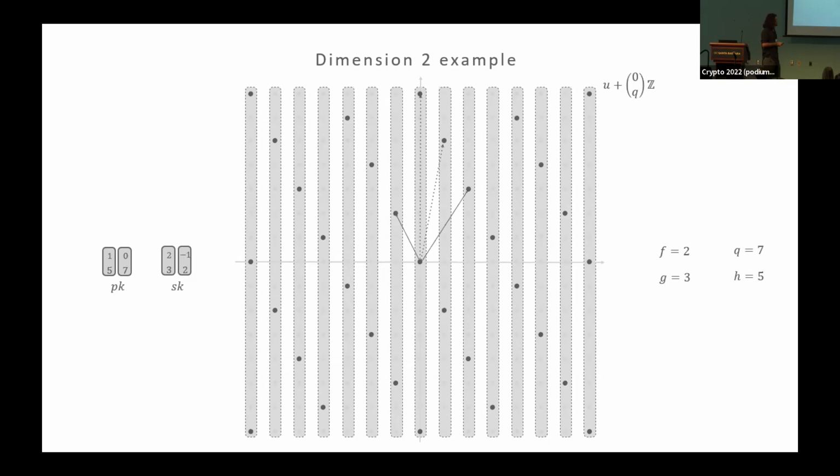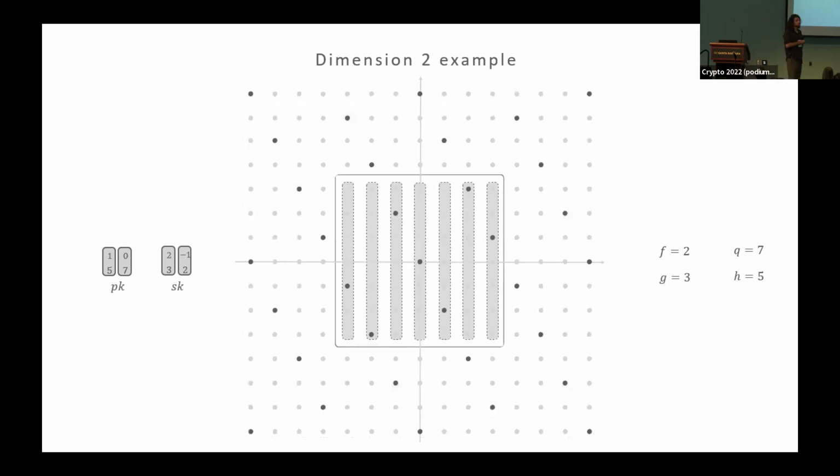Okay. Why are we doing that? It's because if I restrict these slices to the square of size q, so it's minus q over 2, minus q over 2, q over 2, q over 2, I have an interesting property here. In each of my slices, I only have one lattice point. Okay, why is it interesting? It's because it means that if I'm restricting to vectors here, I can